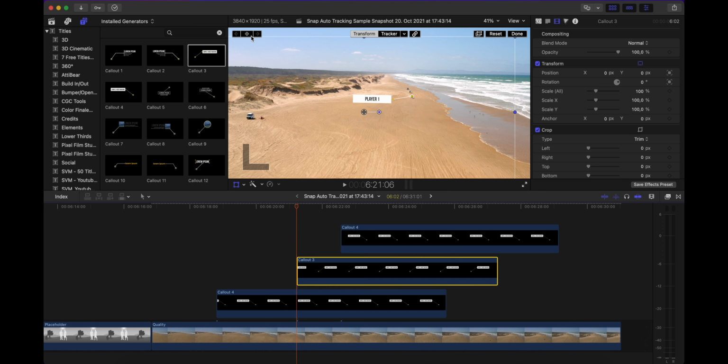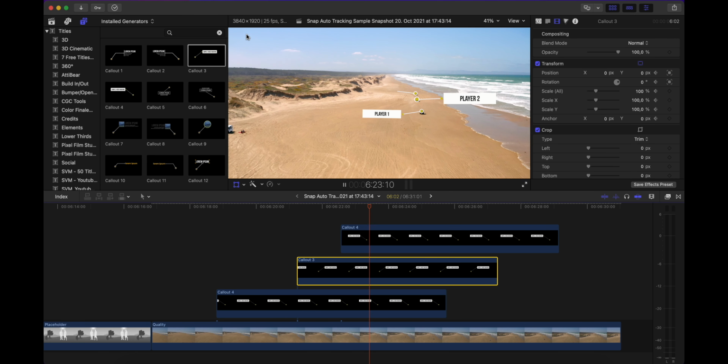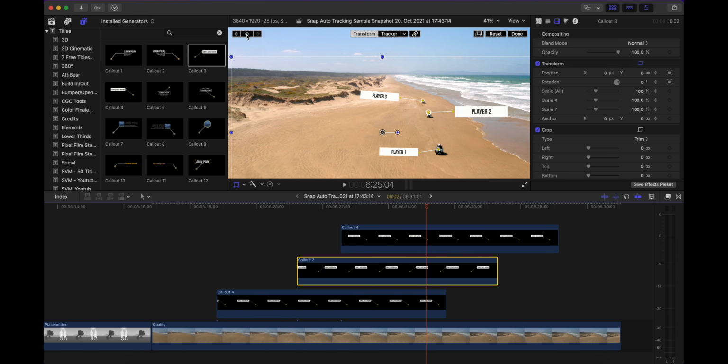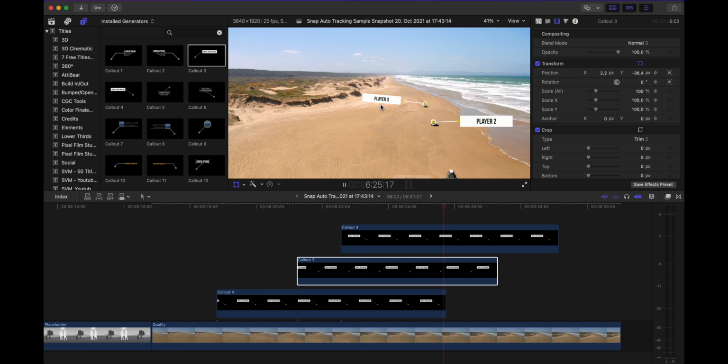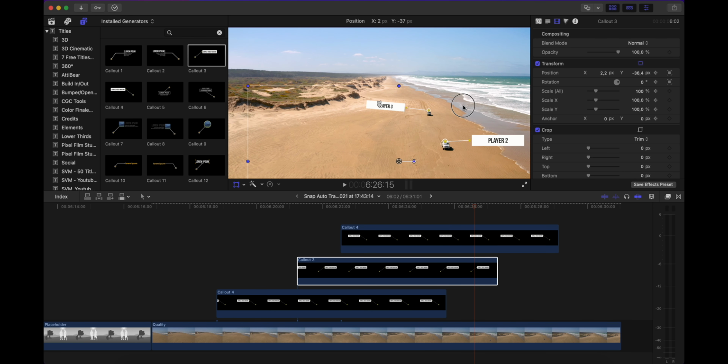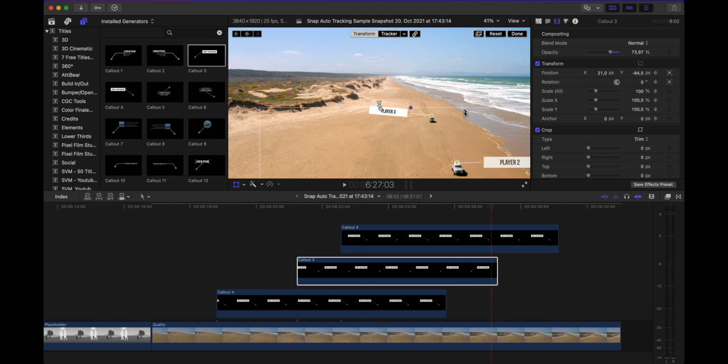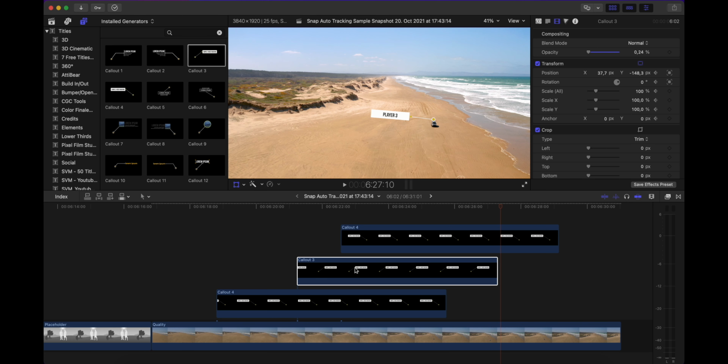First select the layer, add a keyframe, start the playback, pause where you want another keyframe, adjust the framing, it once again adds another keyframe here, once again pause, adjust your layer, play, adjust your layer, and done.